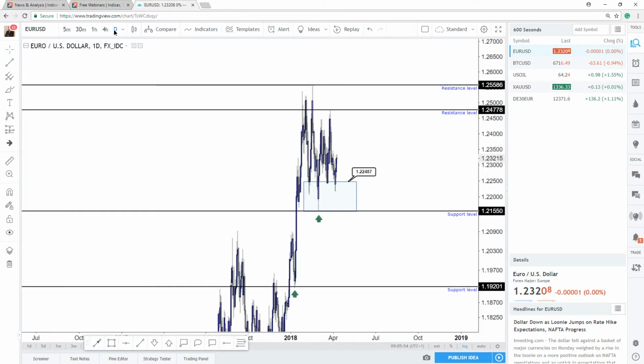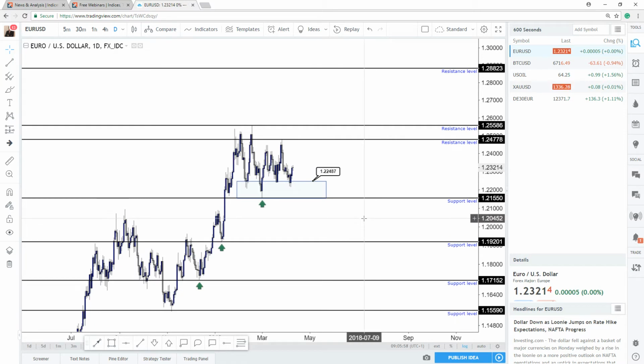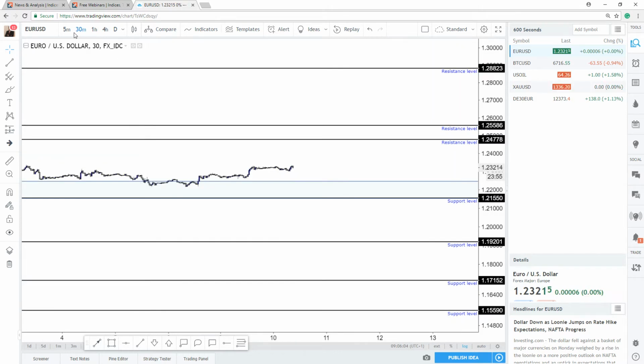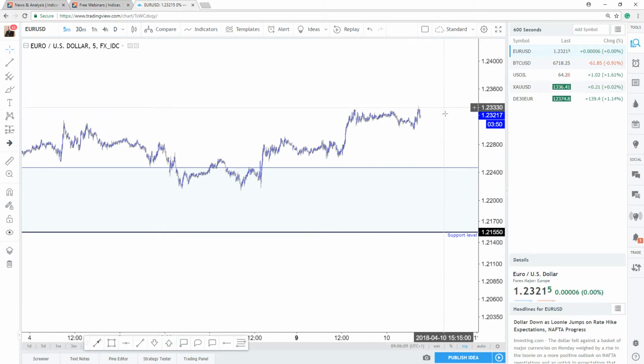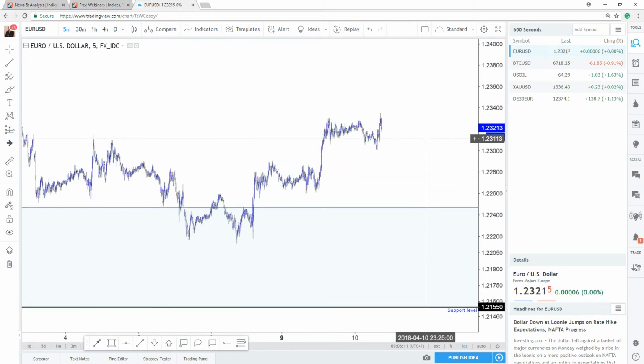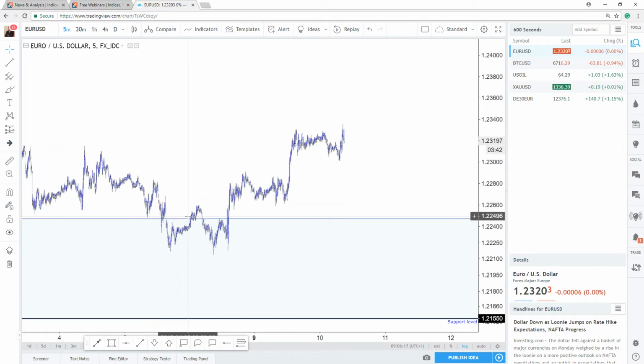One trick you can use is that some people like to zoom out and some people like to zoom in. If you zoom in, for example to a 5-minute chart, you could see a bullish trend here. Price is creating lower and lower highs over the last day or so. However, the issue with a 5-minute chart is that it's not to be trusted. The price could easily slip below a level and you get stopped out.